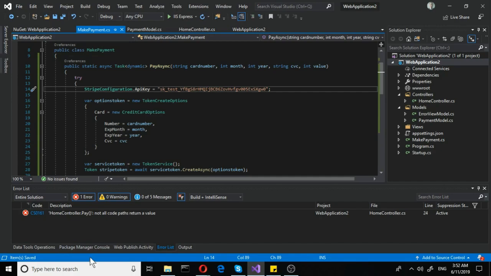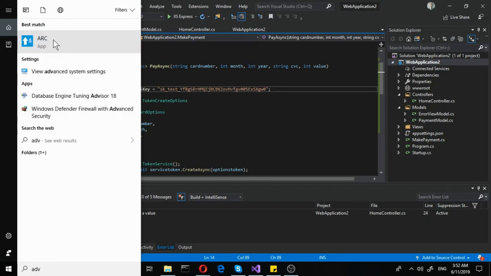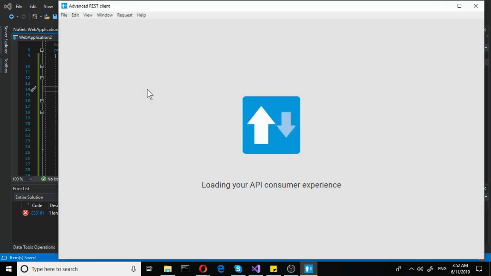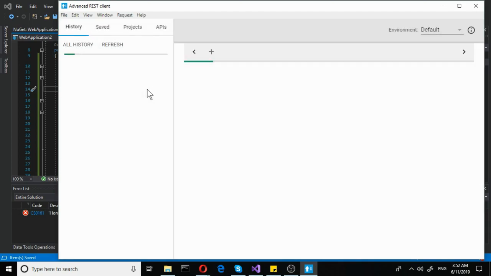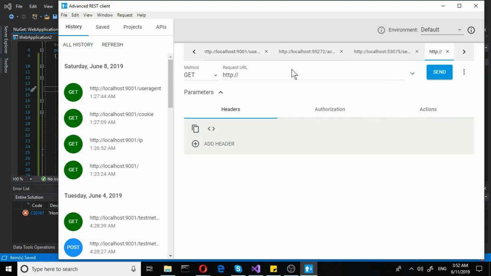So we won't actually be building a front end. There's no need for that. We are testing an API after all. So let's just do ARC. This is kind of like Postman if you are familiar with that, but this is a lot more simple to use. It's a lot more straightforward. Basically, all you need to do is create your request and you can send it. There's no need to write all those files, no preparation really required. So we have that, and now let's